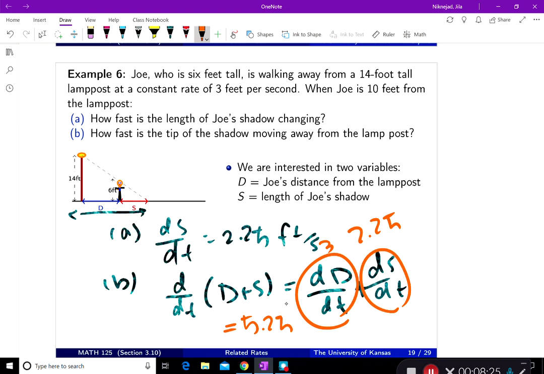And this makes sense. We're saying that S is increasing at this rate, and D is increasing at this rate. What is the rate of the increase of the two of them added together, which